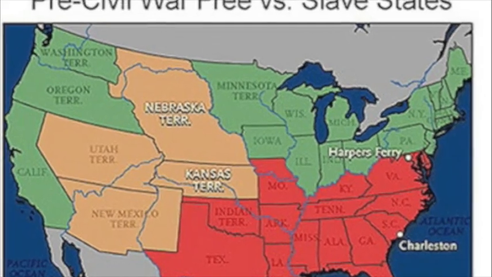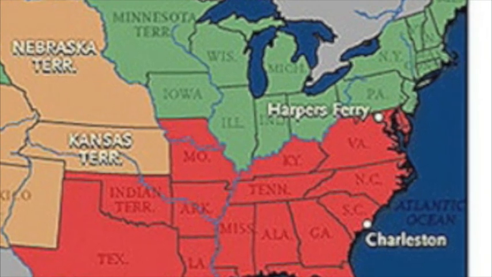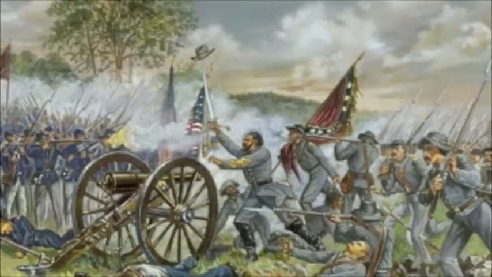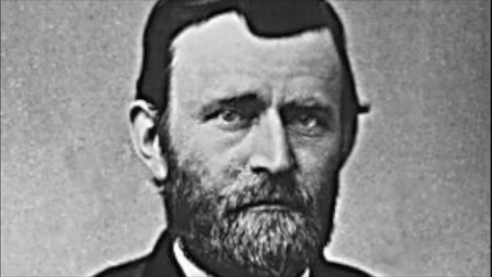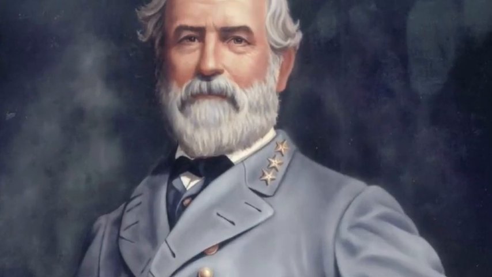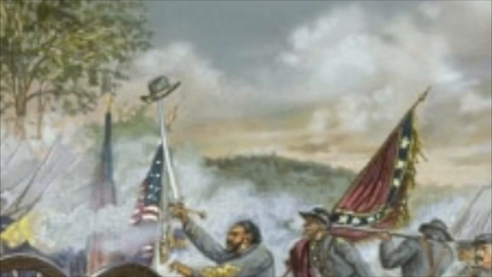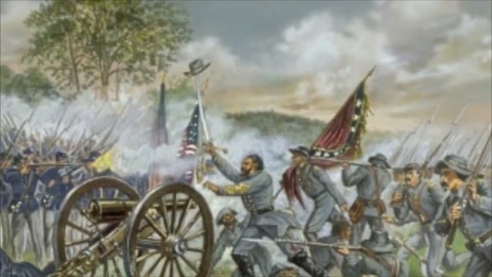After Lincoln became the 16th President of the United States, states began to secede from the Union, starting with South Carolina. All the slave states eventually seceded from the Union, and the Civil War finally broke out. The Civil War contained many great generals, such as Ulysses S. Grant of the Union, Robert E. Lee of the Confederate Army. Over the course of 4 years, some of the most significant battles took place, such as Fort Sumter, which began the war, the two battles of Bull Run, and one of the most significant battles and the turning point of the Civil War, the Battle of Gettysburg.